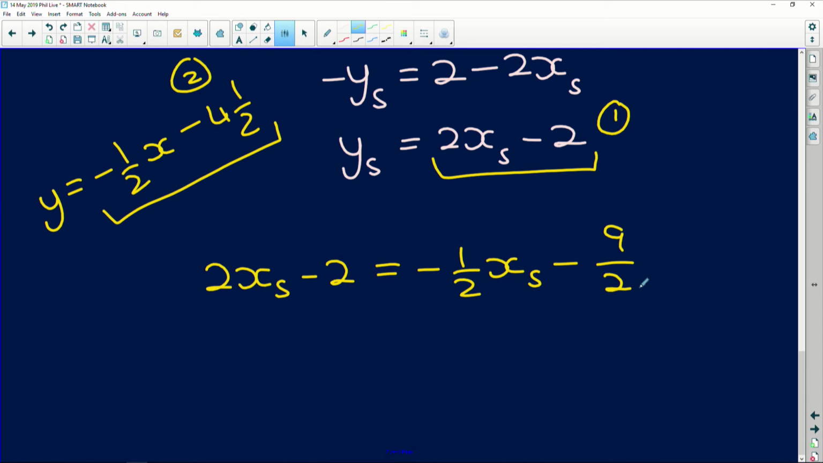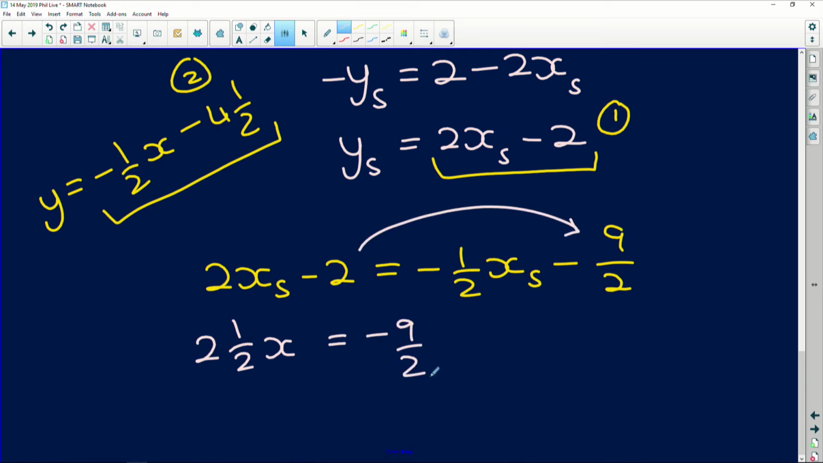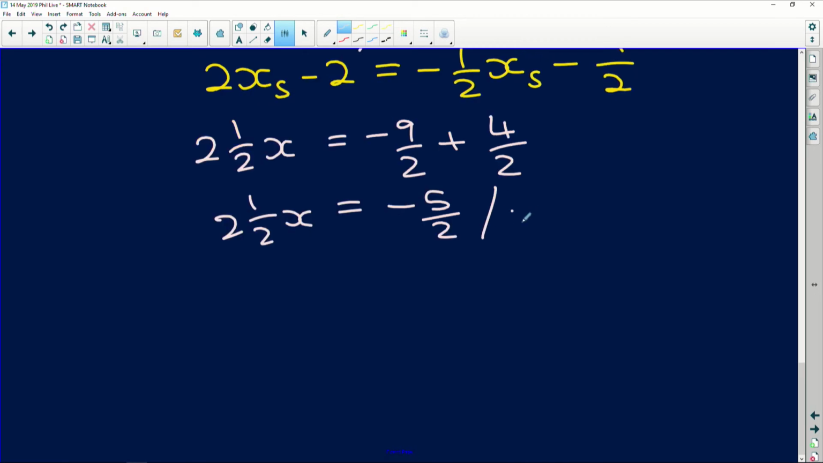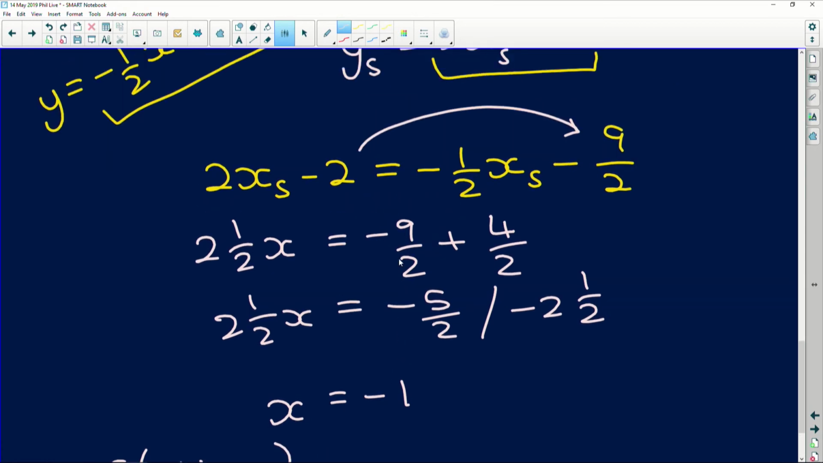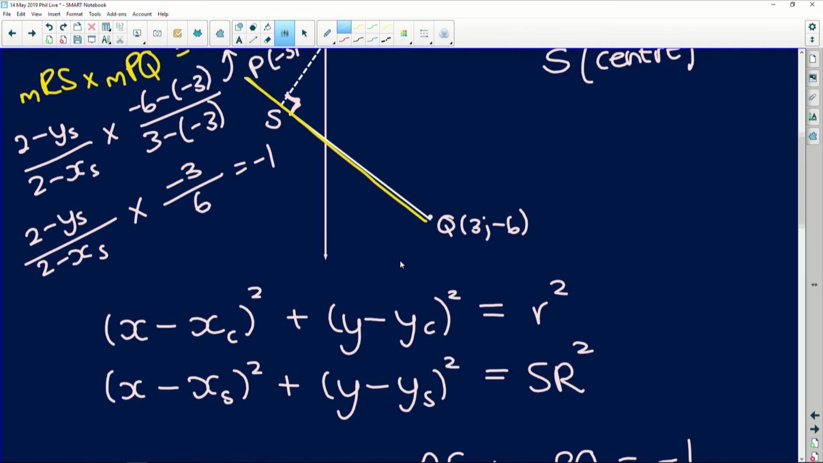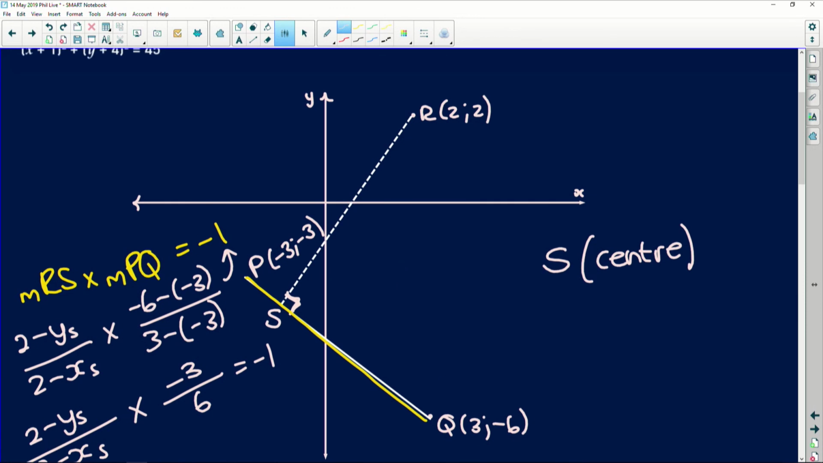Okay, let's continue to solve for x. So we're going to say 2x plus 1/2x is 2.5x. And then if we take this to the other side, we get -9 over 2 plus 2, with a denominator of 2, is 4 over 2. So we get that 2.5x is equal to -5 over 2, which is the same as -2.5, which means that x is equal to -1. So the x coordinate at s is equal to -1. I'm going to severely run out of time with this, guys, but I'm going to carry on going,